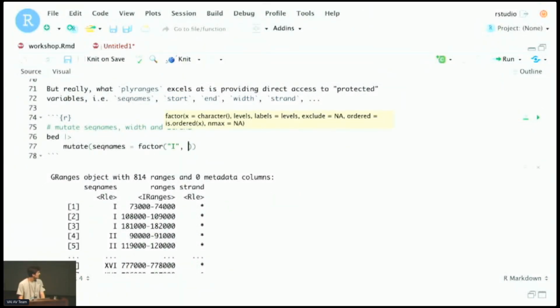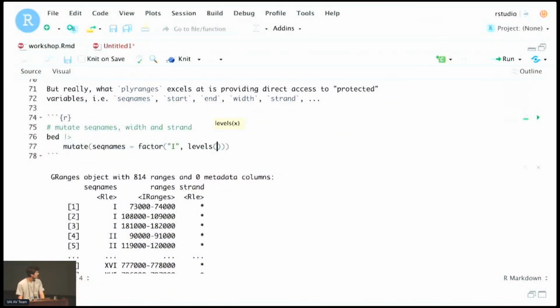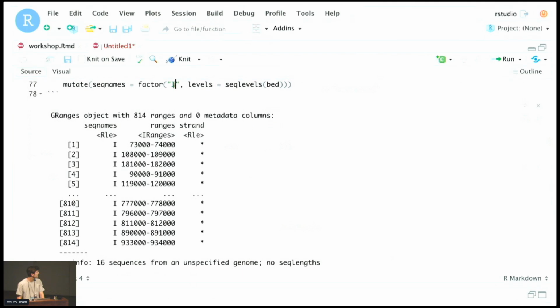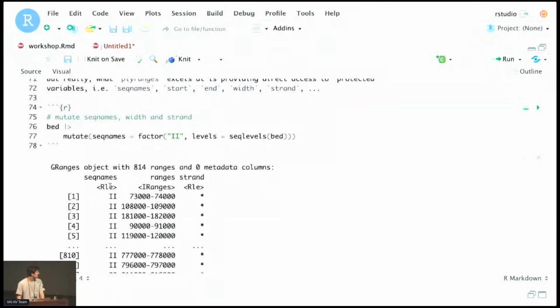Factor of 1, and the levels would be the levels of, well, the sec levels of bed. Yes, okay, now that works. So if I put 2, is that gonna work? Yeah, so I can change dynamically these sequence names, still using the pipe version, and then I can also play